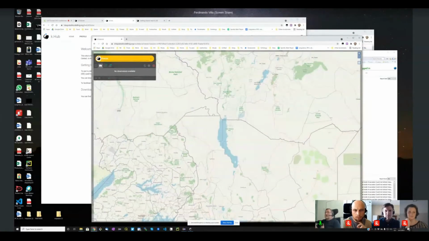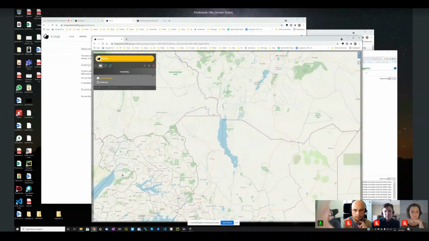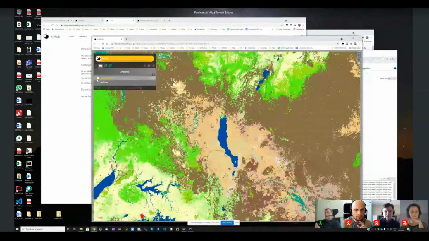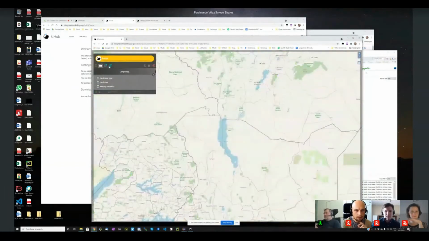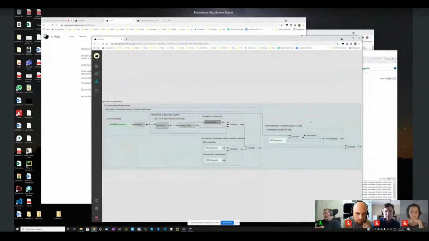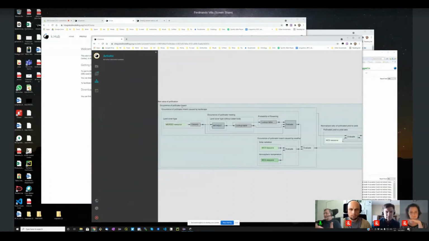When I click on this, the system will start putting together information, like we are in Kenya, land cover type, etc. And I can look at the decisions that the artificial intelligence behind the system has made to respond to the question. So I'm asked for net value of pollination. That has required observing the occurrence of pollination insects, which in turn requires the component caused by the landscape, others caused by the weather.